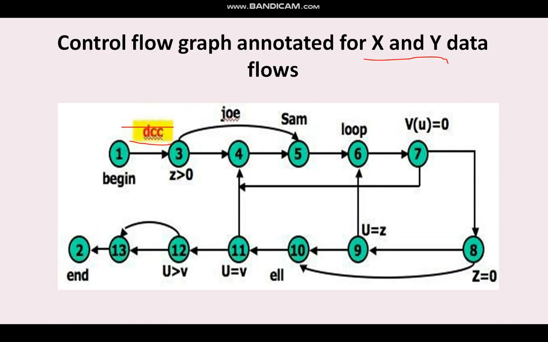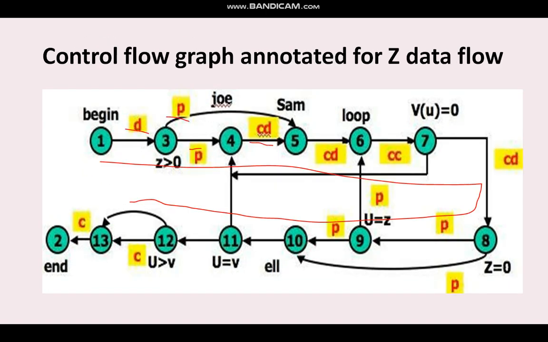In the previous slide, we saw only the x and y data flows. Now here we are clearly representing the jet data flow. We are showing all these annotations along the links only, but not with the nodes. See carefully: annotations follow through the links only. These annotations may be single, twice, or thrice, whatever it is. There is no restriction, but they should be represented along with the links.